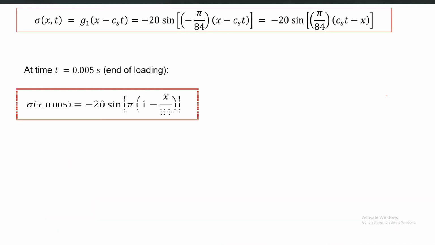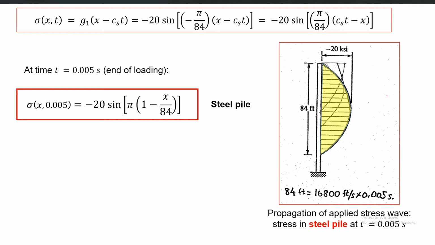The summary is that we have calculated sigma x comma t, which is again a sinusoidal function, and as we have seen that it should be a function of x minus ct, we have made it a function of x minus ct. It is a sinusoidal function, but this x minus ct term makes it a moving or traveling stress along the length. So this is the final sigma x comma t for this example case.